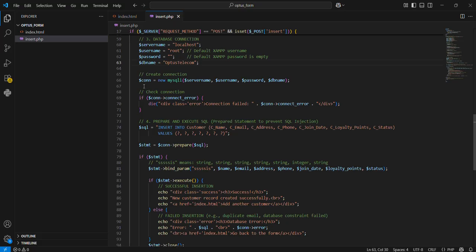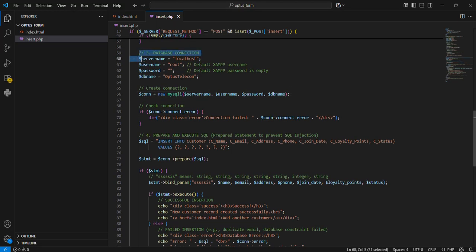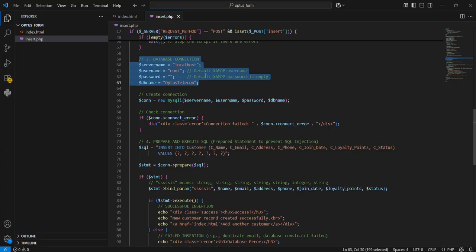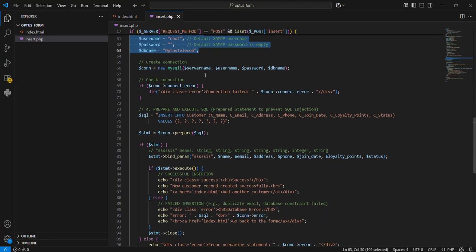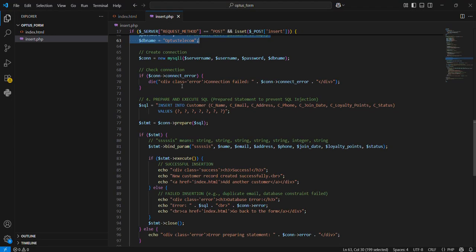After that, for creating the connection, you need to pass these arguments, otherwise it won't work. Then it will check the connection, and if the connection is not proper, it will give